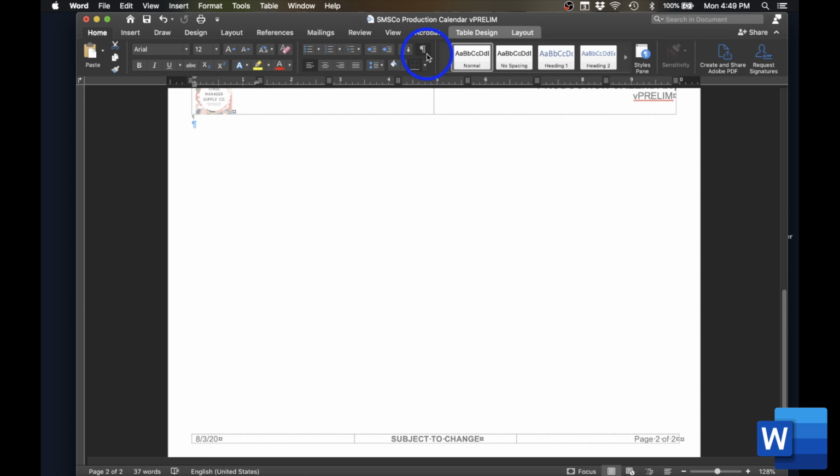I typed in July 2020, bolded the font, center justified my month and year, and then I made my font size bigger to size 20. Once this was done, I see that my last row of weekdays has moved down to the second page of the document. I can rectify this by clicking and dragging the bottom border of our table so that the table